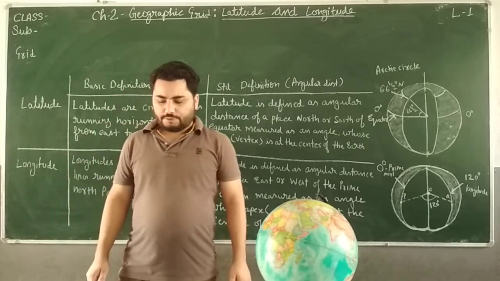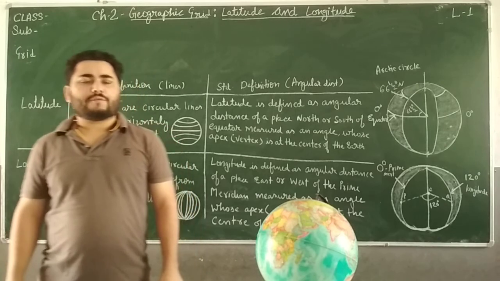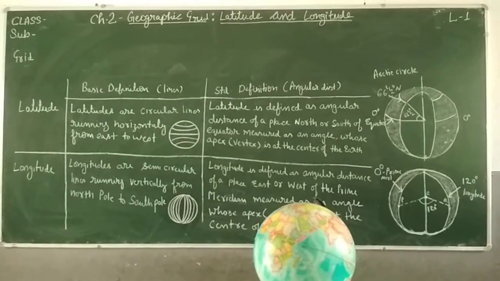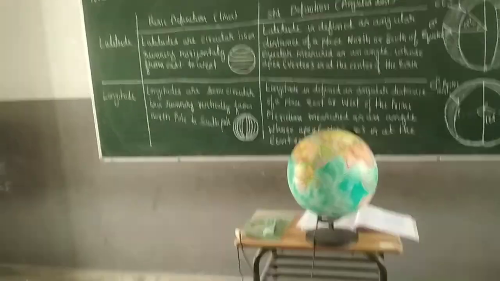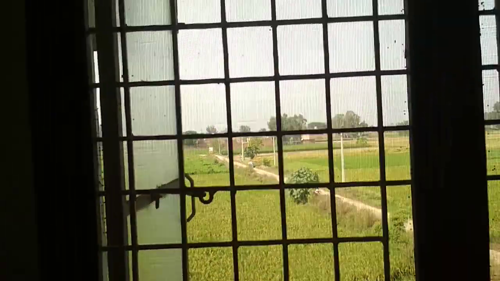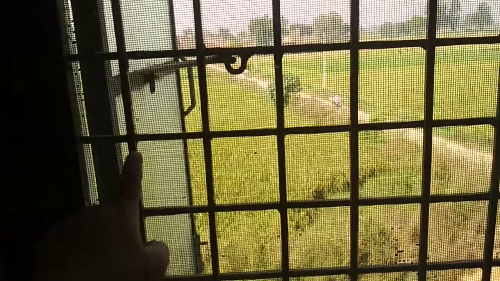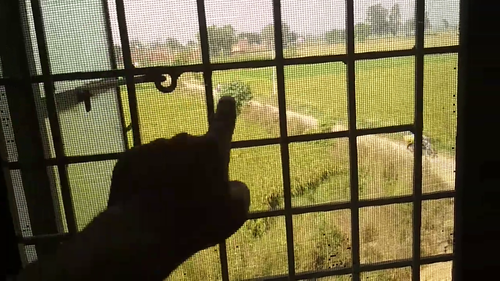So I will remove the camera from there and take it somewhere to show you the meaning of grid. Okay, dear students, as you can see, I have come closer to this window. You can see this window pane, right? And as you can see here, these lines are running vertically upward, and these lines are running horizontally. So these lines are making a grid system. These lines of longitude and latitude are making a grid system.